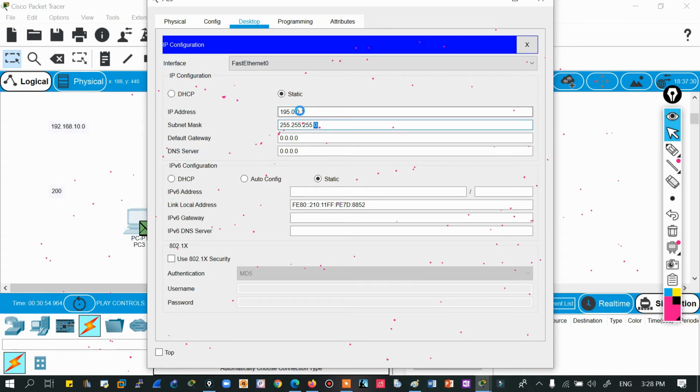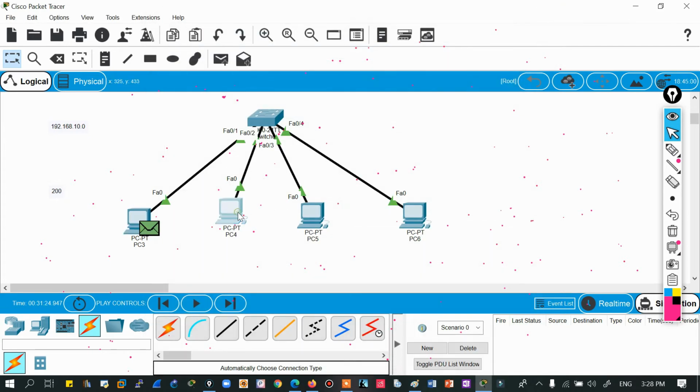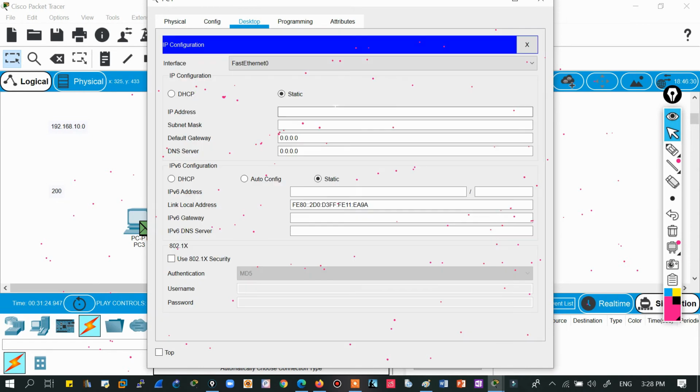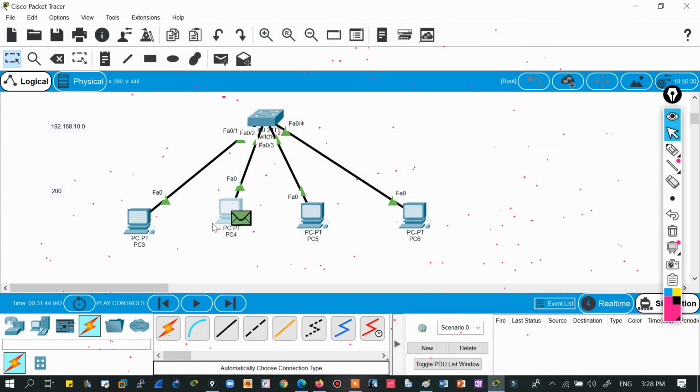If you change any part here, let me give you a very good example. This is the network part and this is the host part. Okay, 195.0.0.1. Fine. Let me copy this and use this network on this PC. If I use .2, these two PCs are on the same network. What is the network address for that? 195.0.0.0, right?